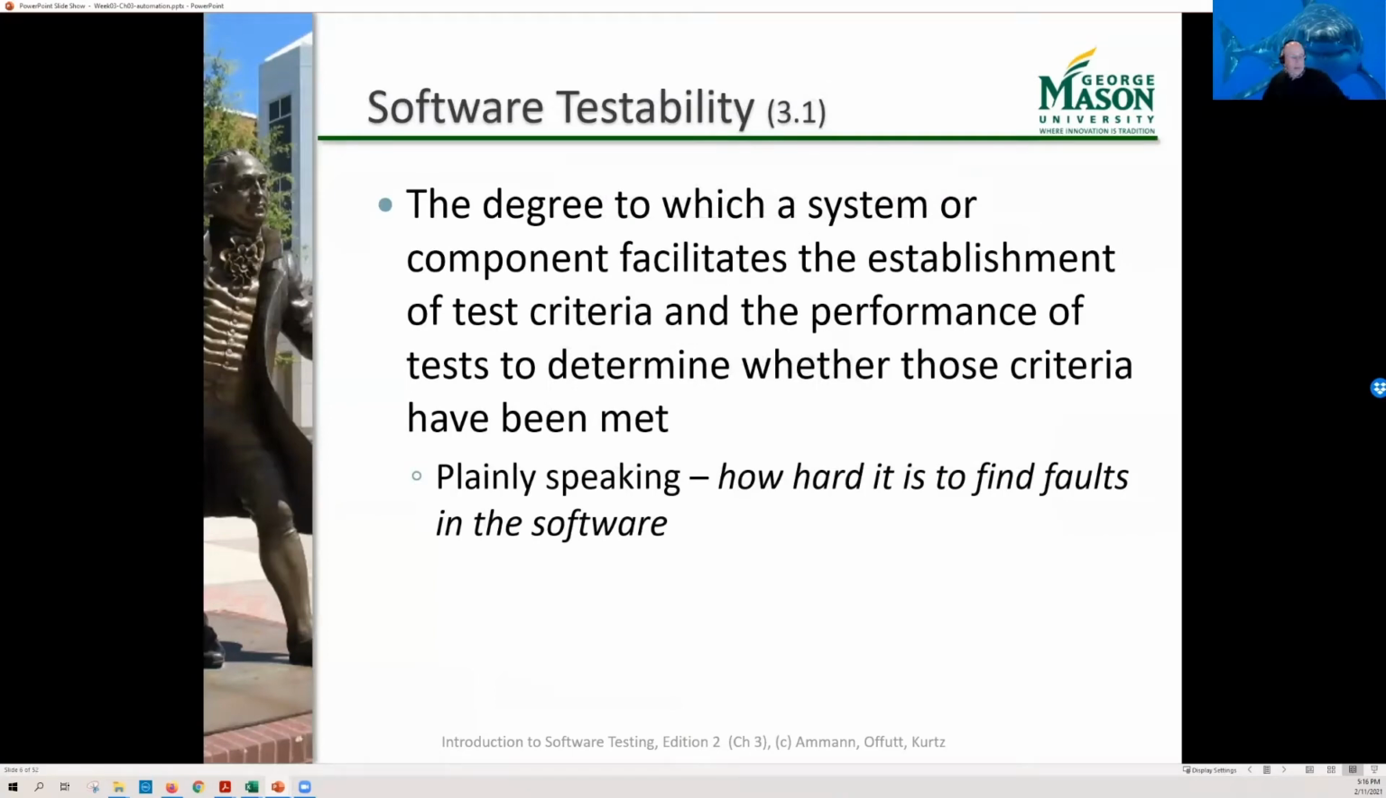So testability. When we're looking at software, we want to consider the software testability. That is simply the extent that the software allows itself to be tested. And I know that sounds a little bit silly, but think about, for example,